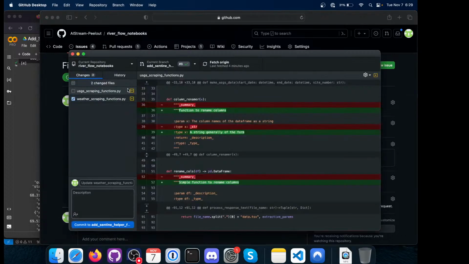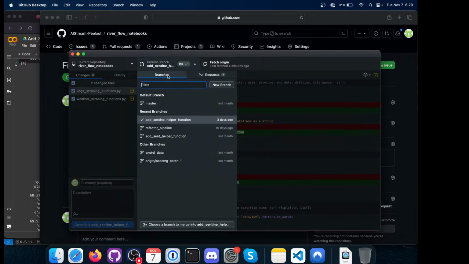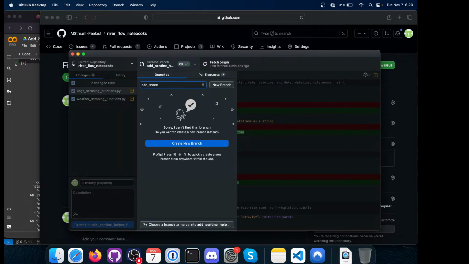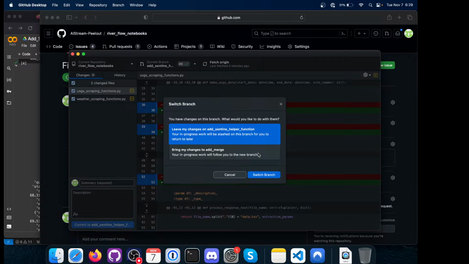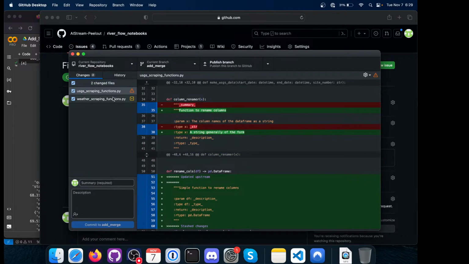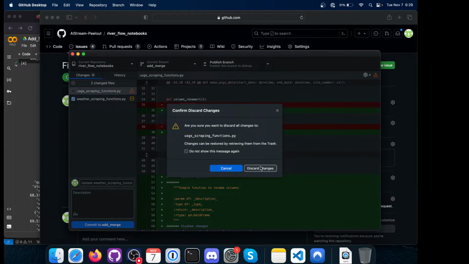And to do that, we're going to create a new branch, since this is... so we're going to create that off of master, and then I'm actually going to discard that